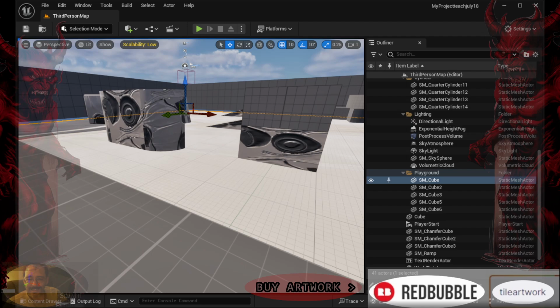Static meshes in Unreal Engine are essential building blocks for creating detailed and optimized 3D environments. They represent non-moving,